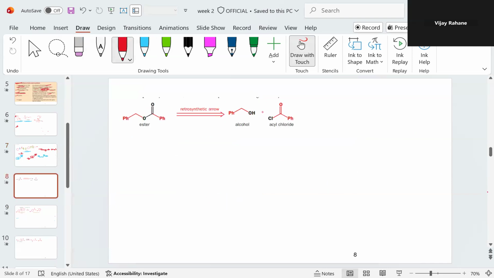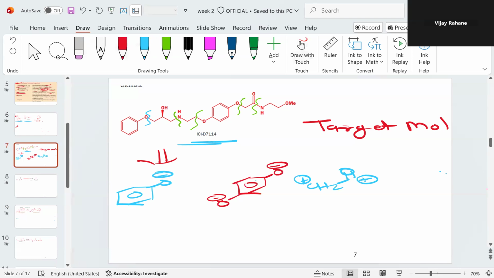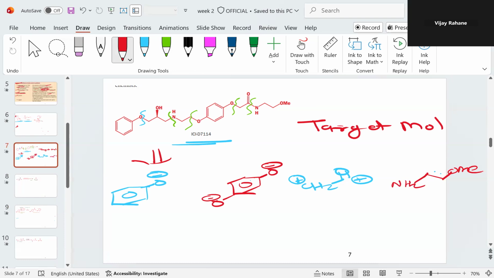Okay. So another part is NH2 and OMe, right? So this is another part, and in between, if you look at here, in this portion, we have already drawn the phenoxide anion, so this is negatively charged. Then here it should be the CH2 positive and followed by,